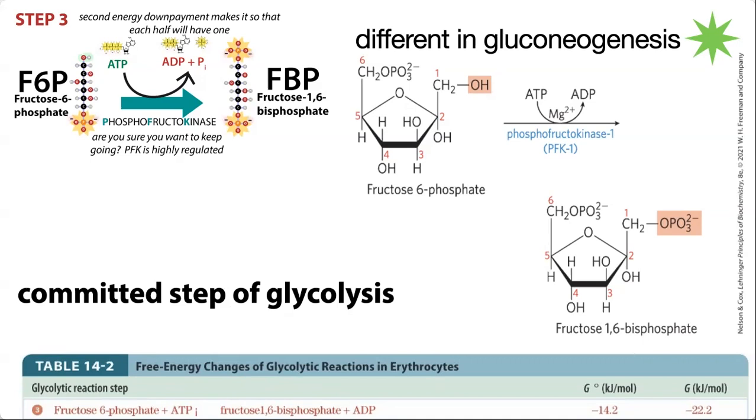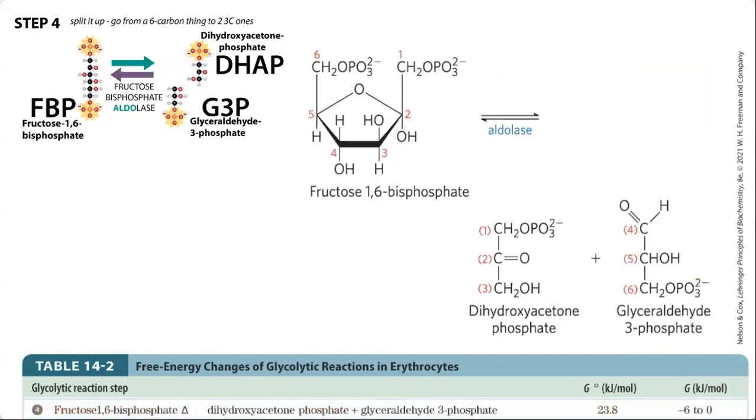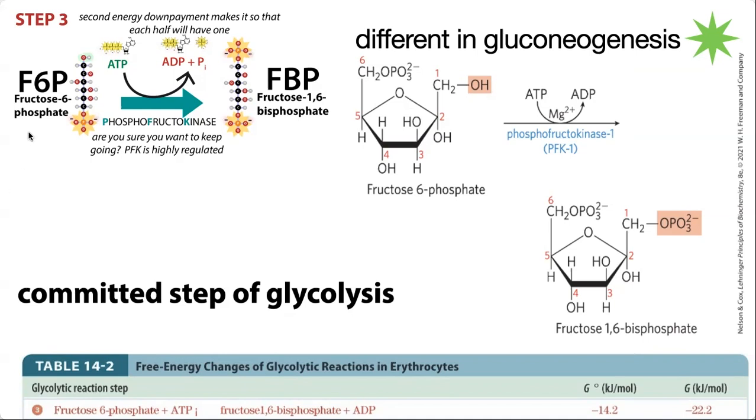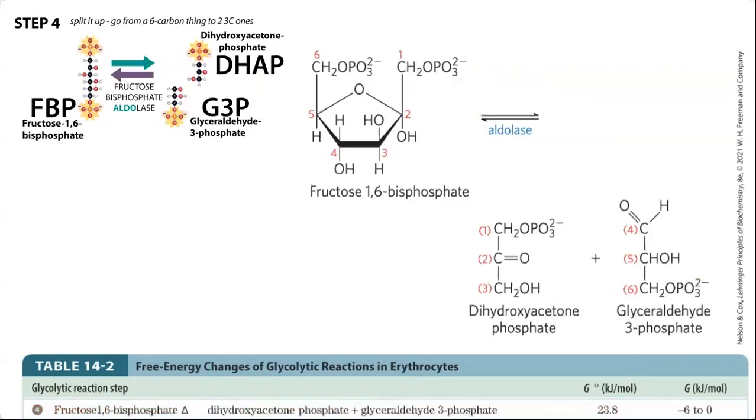And so this is why we're going to need to take a different path if we want to reverse it in the case of gluconeogenesis. And we'll talk about that in a minute. But continuing on our story of glycolysis, the next thing that we're going to do is split that molecule in two. So in this step, the purpose of phosphorylating the second end was so that we could split it in two and have two parts that had the phosphate groups, and that these parts were basically interchangeable. And we'll see in a minute how they can interchange, but first we need to split it in two,